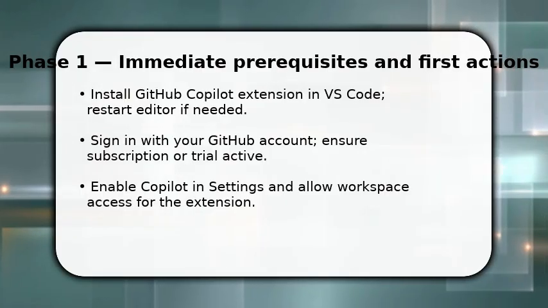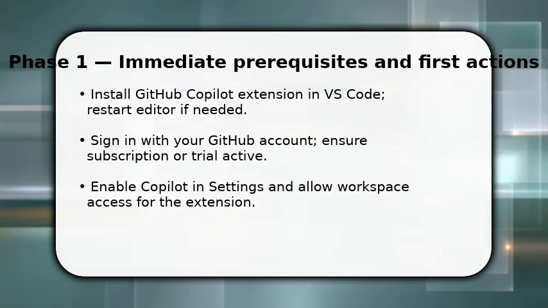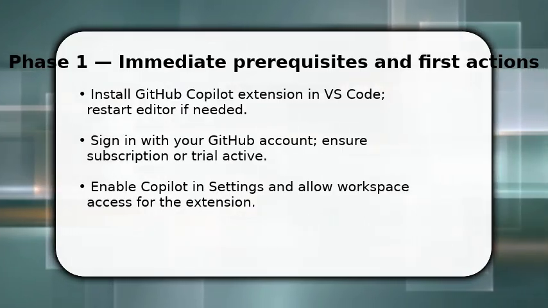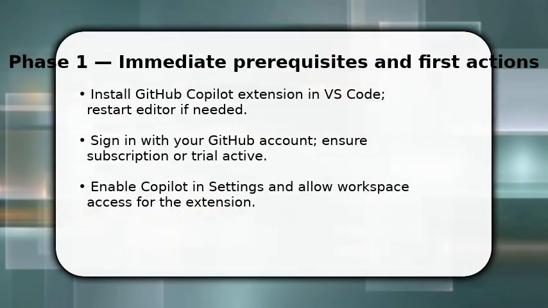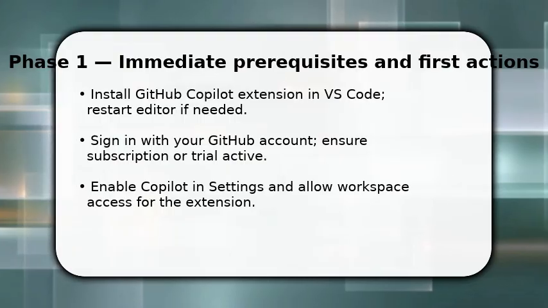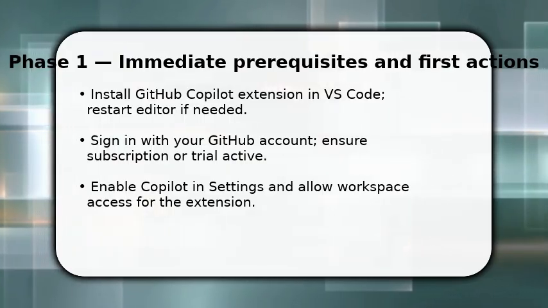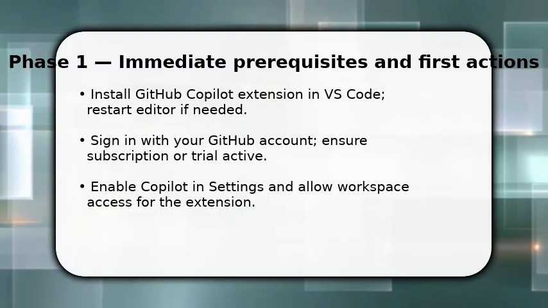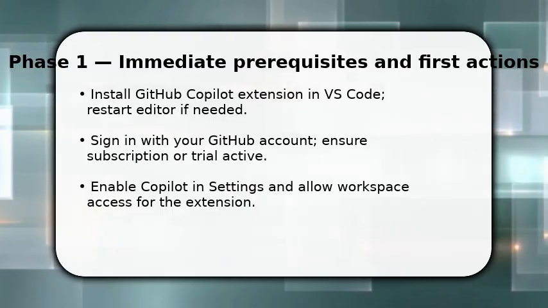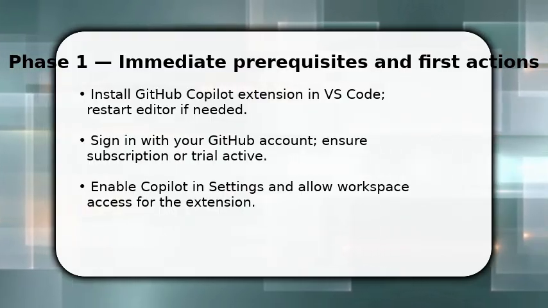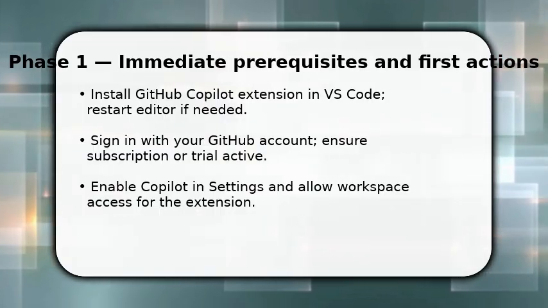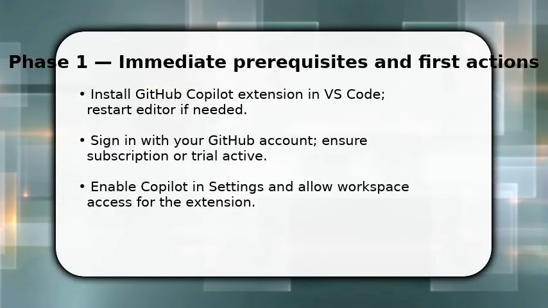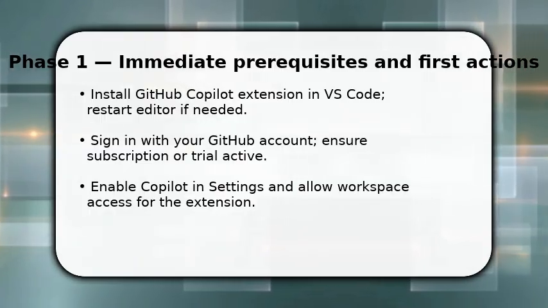You begin by installing the GitHub Copilot extension and signing in with your GitHub account. This unlocks AI suggestions. Once done, enable the extension for the current workspace and grant the permission prompt so Copilot can read files. Make sure your subscription or trial is active. Without it, you'll see limited responses. You're not just installing, you're authorizing access so Copilot can analyze context and offer relevant code, which is why those